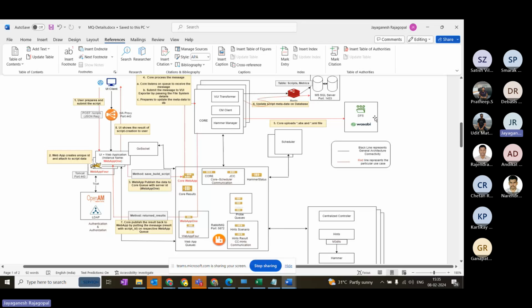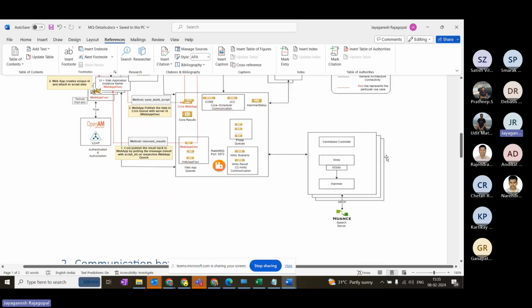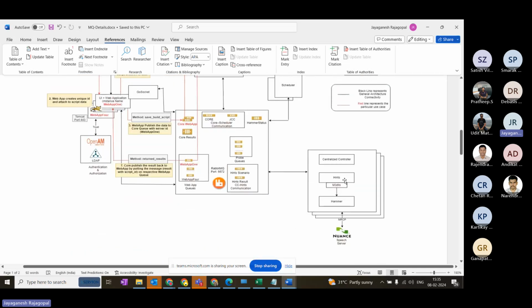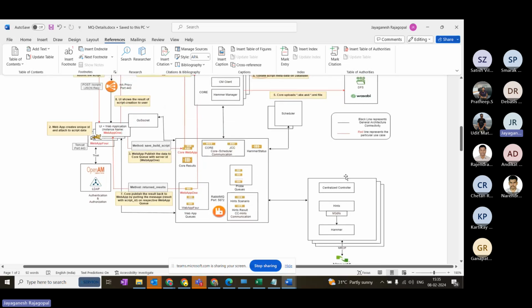So what usually happens, right? When you store a particular file, you would store it in DFS or Wasabi file system. I mean, the script is converted into an SBX file and it will be put into DFS Wasabi. That thing we need to get in the hinge model. So if hinge is not able to get that script SBX file correctly, there could be a couple